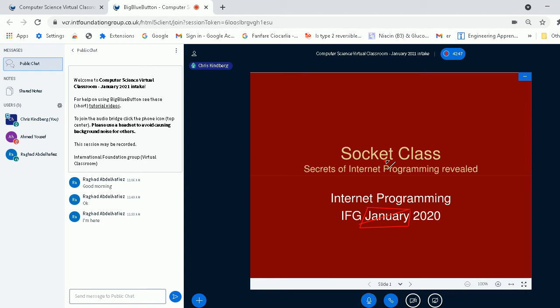And the background is that we're going to use a protocol called TCP. And I'm going to talk to you today about TCP. I had to decide whether to talk about TCP before talking about sockets, or whether I could talk about sockets because we know a little bit about streams. So I decided on the latter. So I'm going to talk about internet programming using sockets. So hopefully you're reasonably comfortable about that.